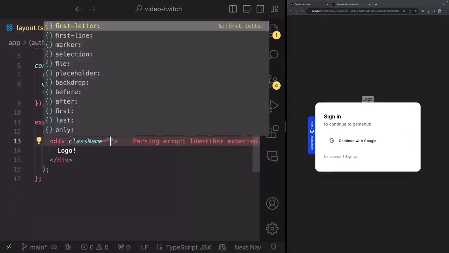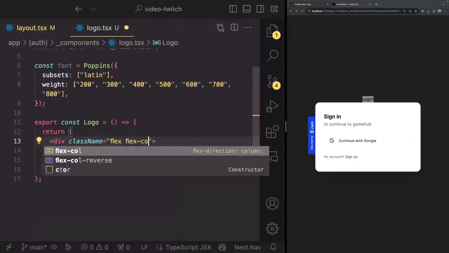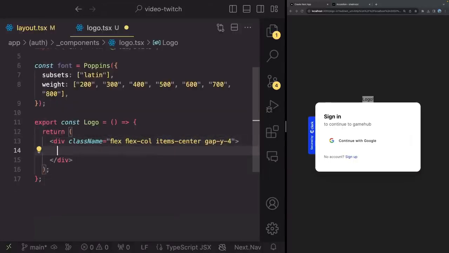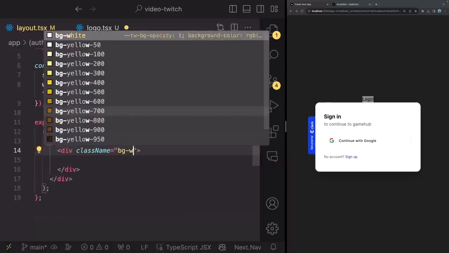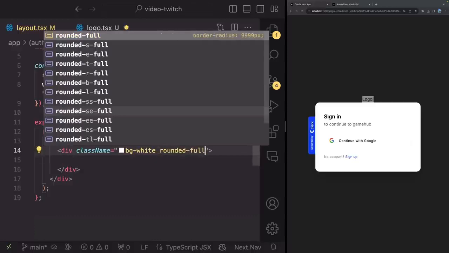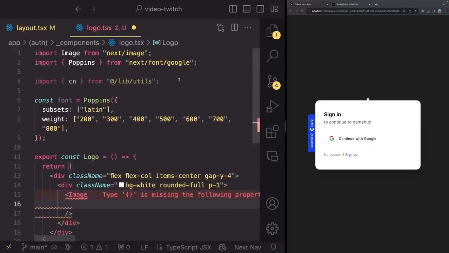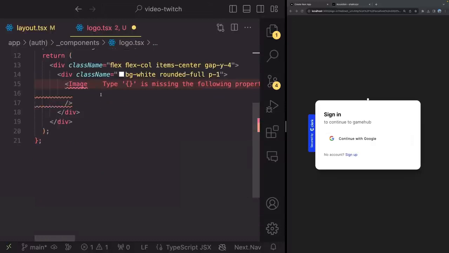So give this a class name of flex-col, items-center, and gap-y-4. Then inside, open up another div with a class name of bg-white, rounded-full, and p-1. So we're going to create a little circle here, right? And then inside, we're going to render our Image component, which we imported right here at the top. And we're going to pass into the src to be